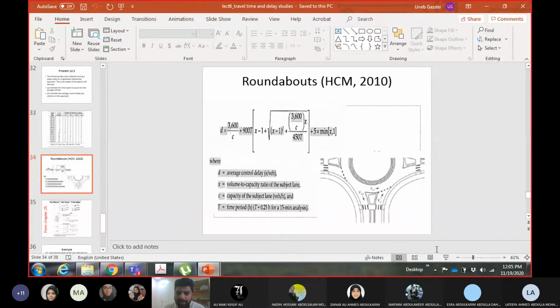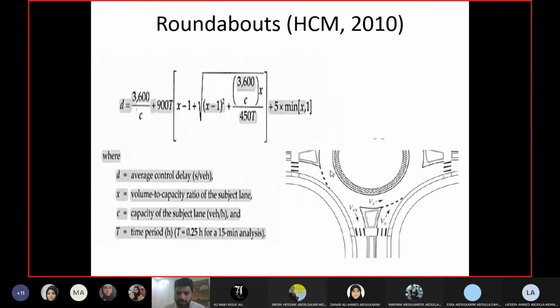C is the capacity of the lane for which you are calculating the delay. So you have this roundabout. First of all you need to decide which side of the roundabout you want the delay for. Like we did for the signals as well, you need to collect data for a specific side, the number of vehicles in the queue and everything, so that you can use the equations to calculate it. So the delay will be for a specific side. You have to decide which side of the roundabout you will take the delay, and for that side you will find the number of lanes. The number of lanes on that side can be 1 or 2.